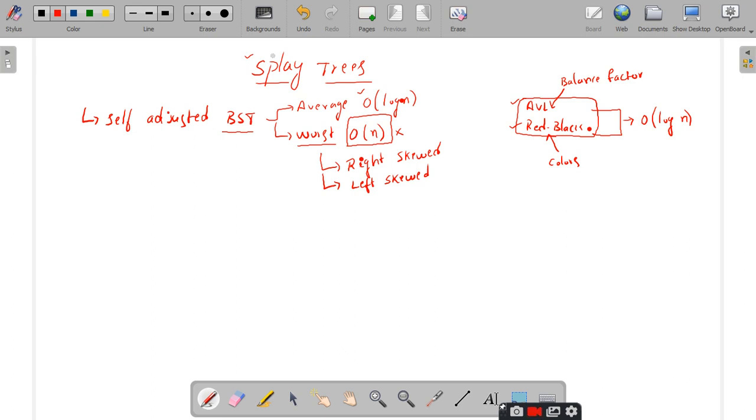Therefore, they have all the advantages we have with other self-adjusting binary search trees such as AVL trees and red black trees. That means they will have big O of log n time complexity for both average and worst case scenarios. But here the splay trees play an important role in implementing the concept of cache.